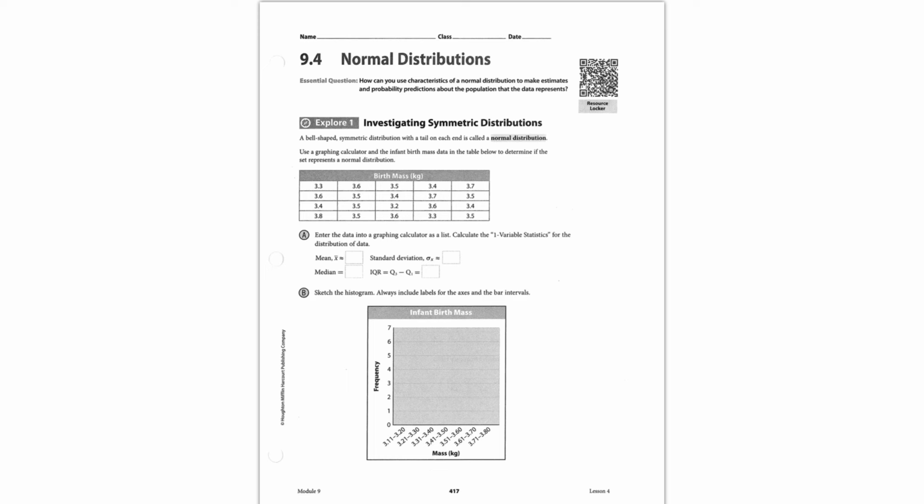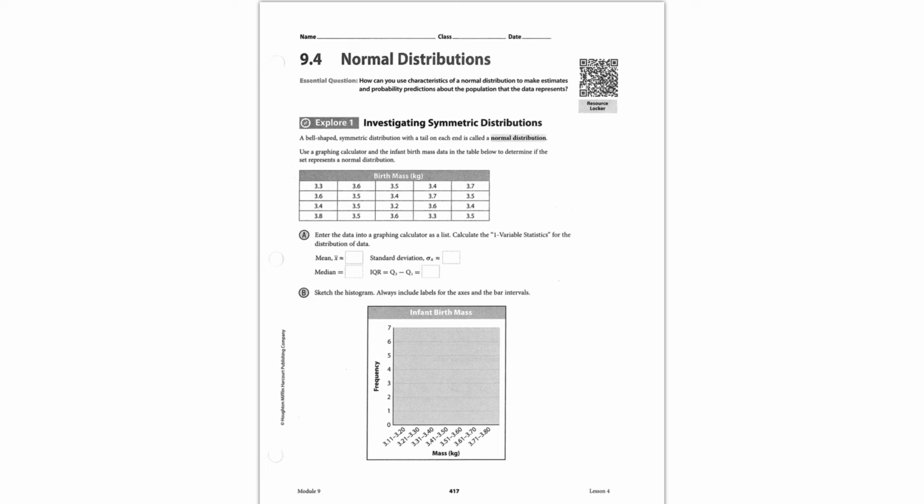Lesson 9.4, Normal Distributions. Today we're going to investigate symmetric distributions. A bell-shaped symmetric distribution with a tail on each end is called a normal distribution. Use a graphing calculator and the infant birth mass data in the table below to determine if the set represents